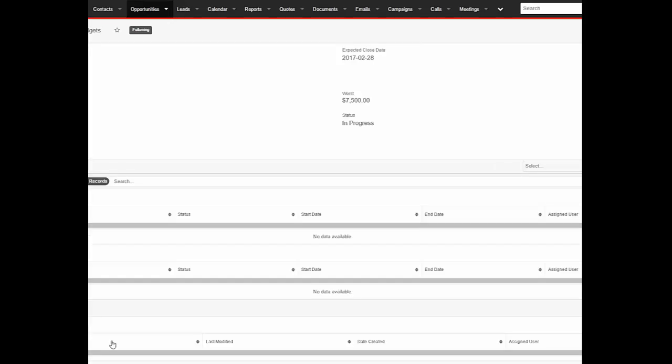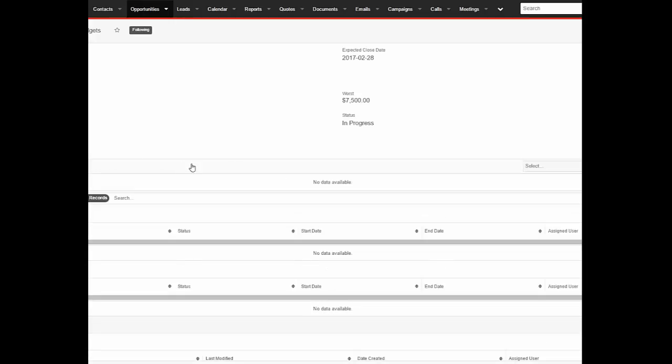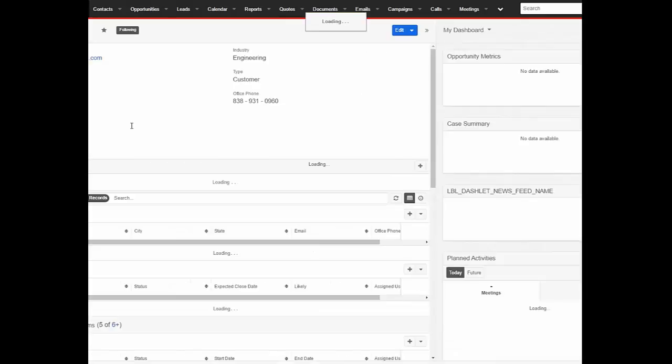I can fill in much more information here, but one thing that's really critical is the customer journey. The customer journey is a fairly new third-party tool that's bundled into Sugar. It allows me to keep track of how I'm engaging with a person or a company throughout an opportunity, throughout the whole sales process. It doesn't have to be an opportunity. It could be just my initial engagement. It also exists at the company level.